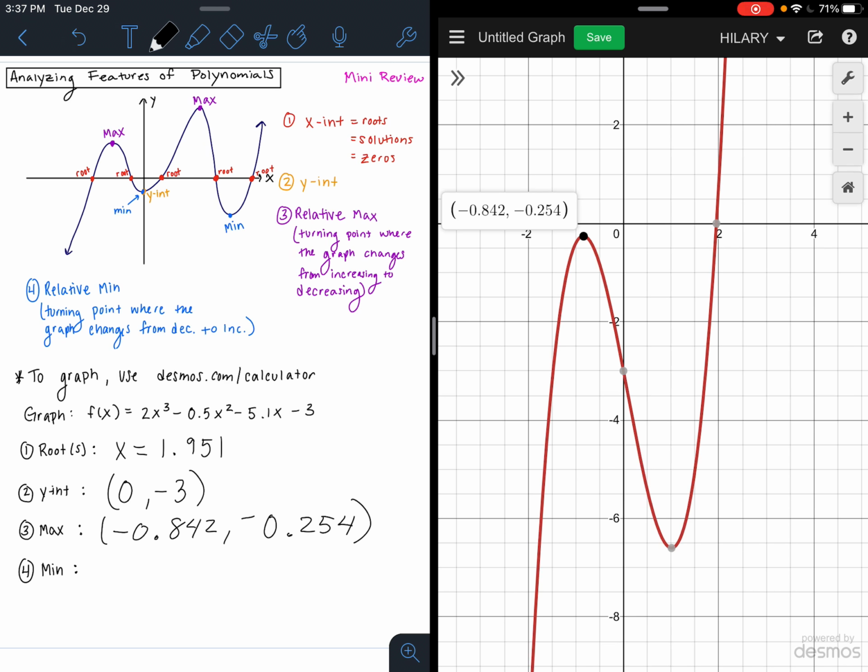I'm gonna actually make this smaller. There we go. You can split the screen a little bit better. Okay. So depending on how you are being asked this, like what your teacher is asking or what an online question is asking you to do, sorry about my dogs, you're gonna want to pay attention to your rounding directions because you might have to round these numbers a little further. And then our minimum point is down there at the bottom. It's a bottom turning point, so it's going to be 1.009, comma